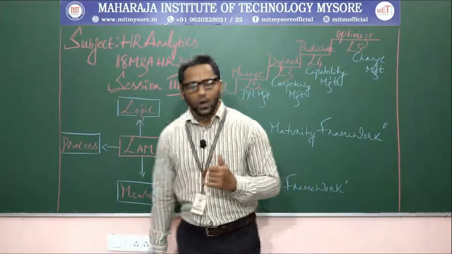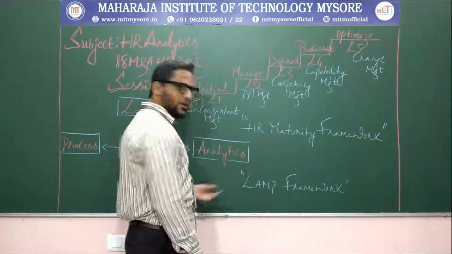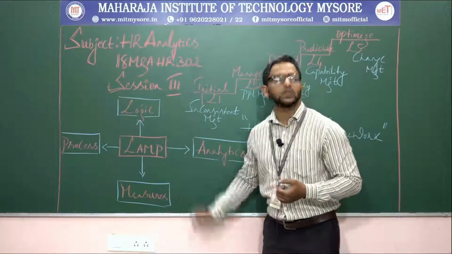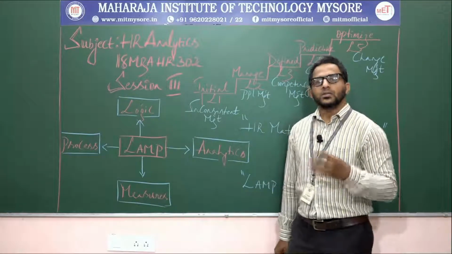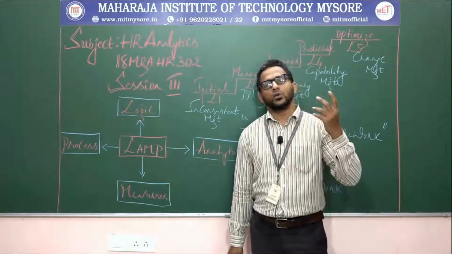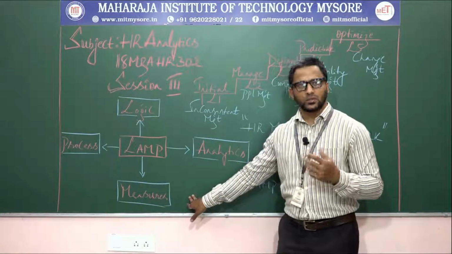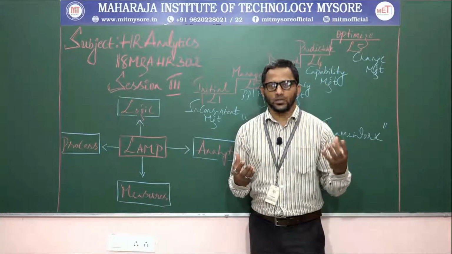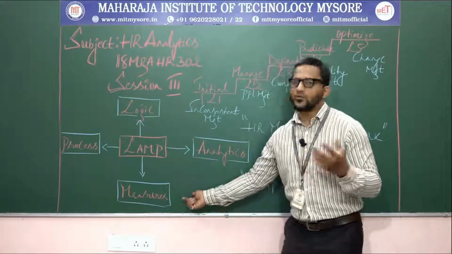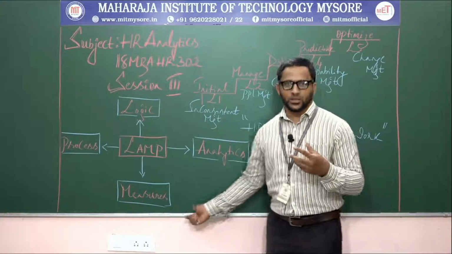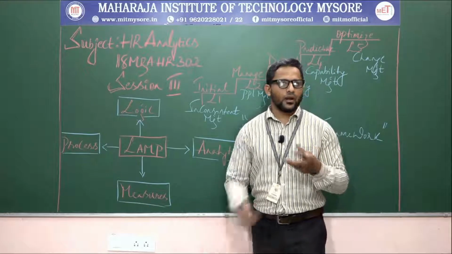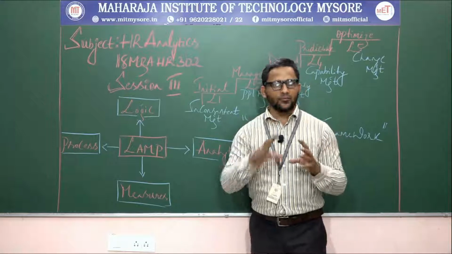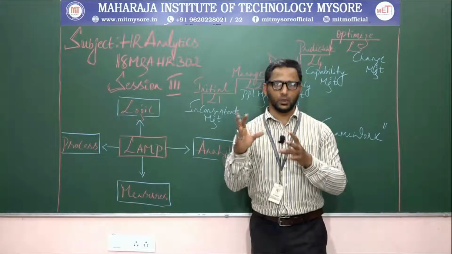Now moving to the next one, which is measures. We have logic, analytics, and measures here. We have already discussed measures in the very first unit, HR measurements. HR measurement is how we value our HR units, operations or functions: how effective, how efficient, and we are going to see the impact. That is what the measure is about. And we have fundamental formulas to calculate each HR operation, and from that we come to know whether it is effective or efficient.